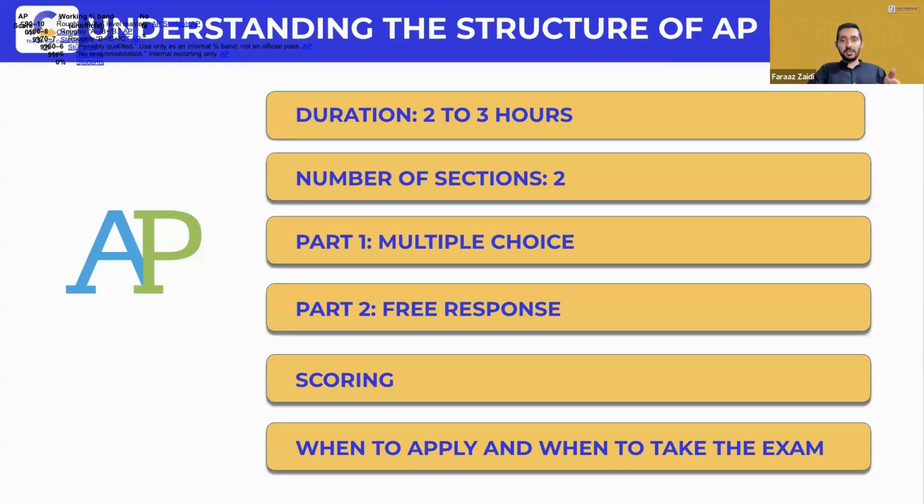Part two, which is the free response. The format is open-ended questions, essays, and problem-solving tasks, dependent on the subject. The focus area is really to measure your overall analytical thinking, argumentation, and the ability to apply the knowledge. It requires clear, structured, and well-reasoned responses. The tip for success here would be to practice your writing to be concise and direct under timed conditions. Try to show your work and thought process even if the final answer isn't perfect.